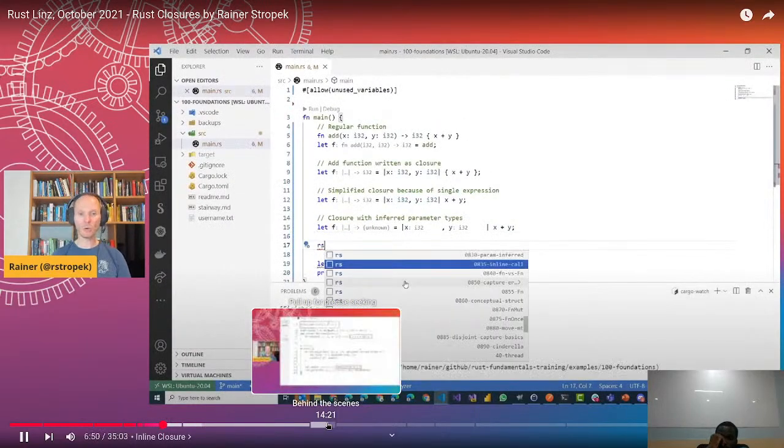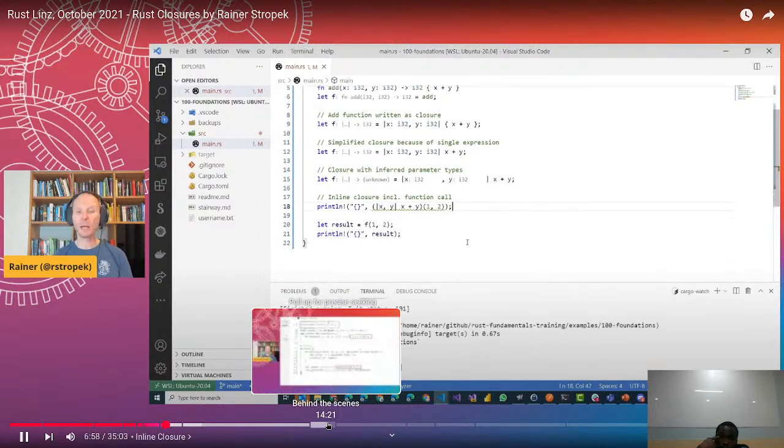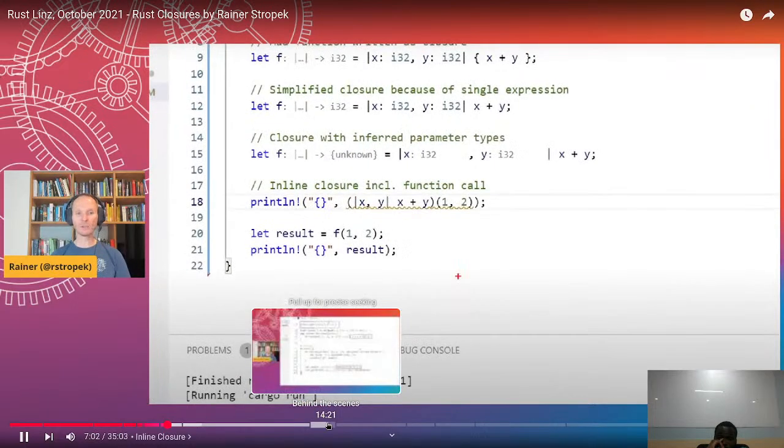The last example that I would like to show you here is not the best coding style in Rust. It's not considered to be good coding style. We'll get a Clippy error, but still it works. So I decided to let it in and to show you how this is done. What you can do is you can define an inline closure, as you can see it here, same closure as before, and you can immediately call this closure directly here after the declaration of the function. So this is possible. It works fine, but Clippy complains. So Clippy says, hey, assign this closure to a variable, and then you can call it similar to up here,